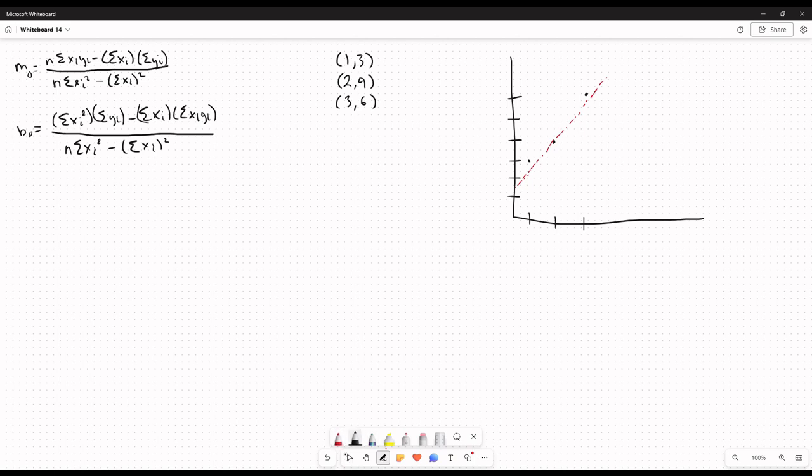So we found these formulas for the slope and intercept of a line of best fit, and these formulas look really bad, but in practice they're not actually the worst to work with. So we're going to show how you can apply these to a fairly simple example. We're going to have the points (1, 3), (2, 4), and (3, 6), and I've kind of sketched what